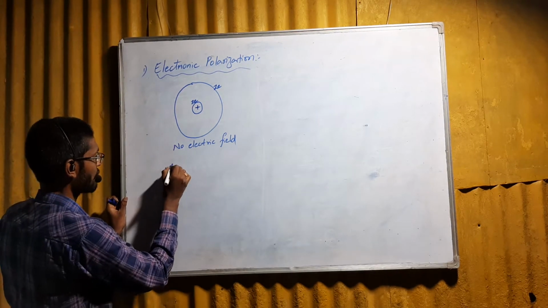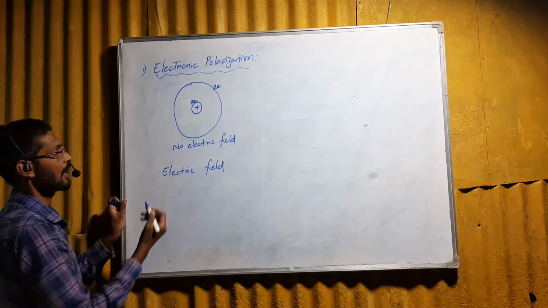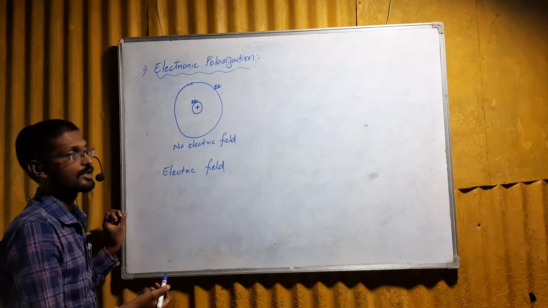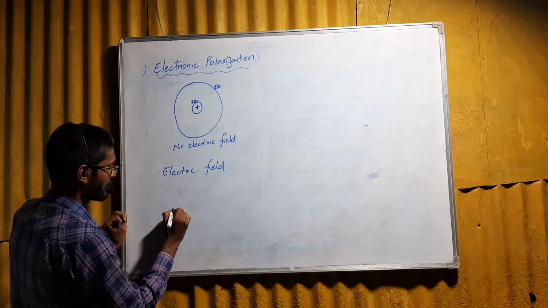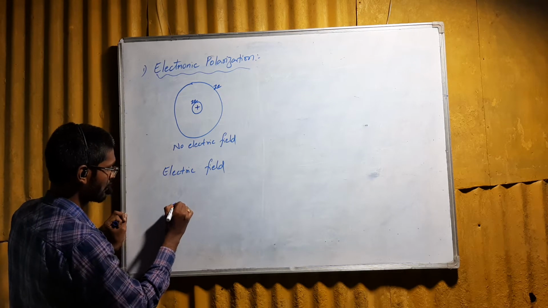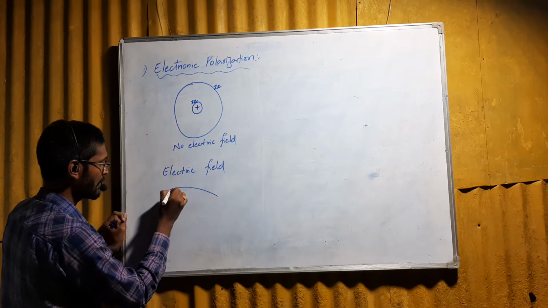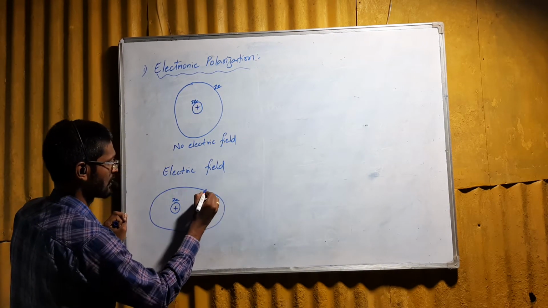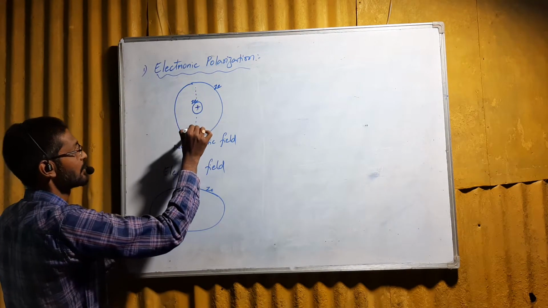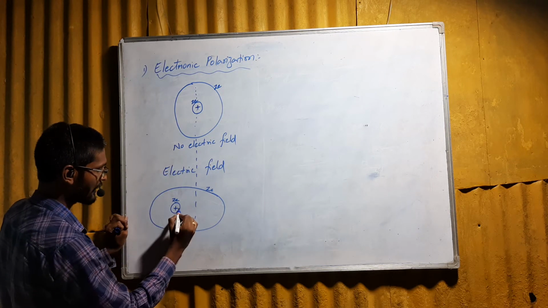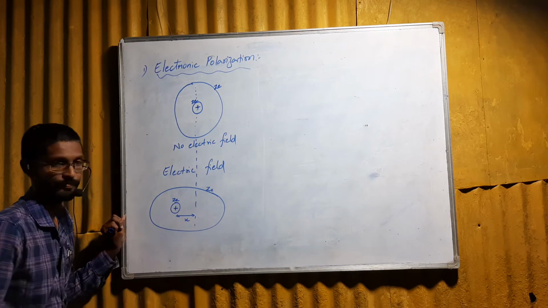On application of an electric field, suppose we apply some electric field, the electron cloud will displace from the nucleus. After displacement, the structure will be like this. The nucleus will be there with charge Ze, and the electron cloud will be displaced. Due to displacement, the electron cloud will be like this, with a charge Ze. So actually, this is the position of the nucleus. Due to application of the electric field, the nucleus has been displaced by a distance x.